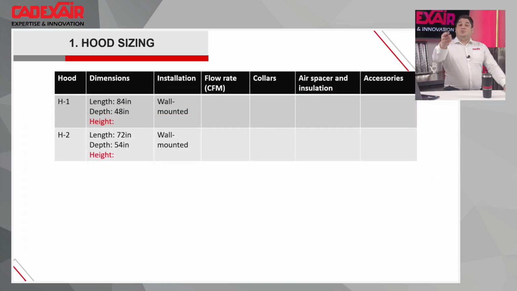So in that case, we put the overhang, 18-inch in front of the combi oven for H2, so we have a hood 84 by 48 and 72 by 74. The other thing that we need to size, and I will say this is a more tricky part, is the height of the hood, because it's really easy to do the square, but the height, you really need to go on site and have some information